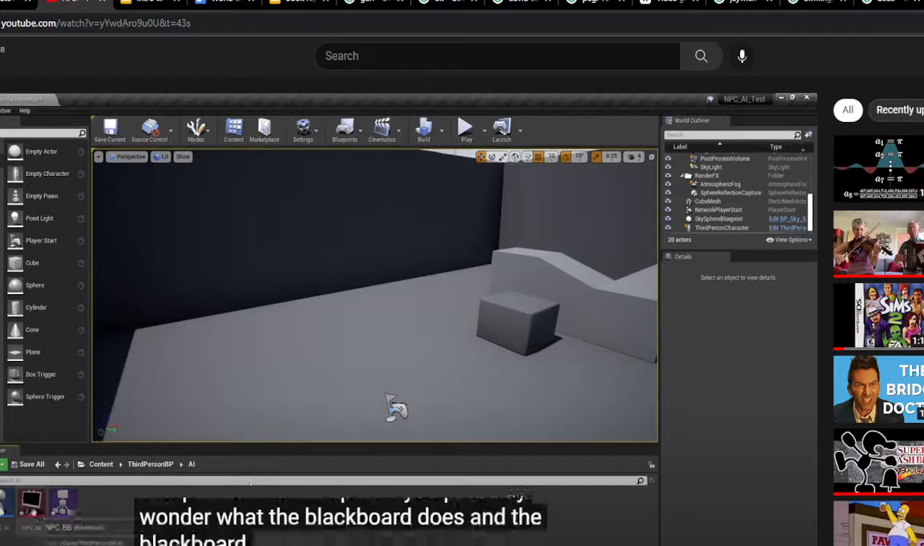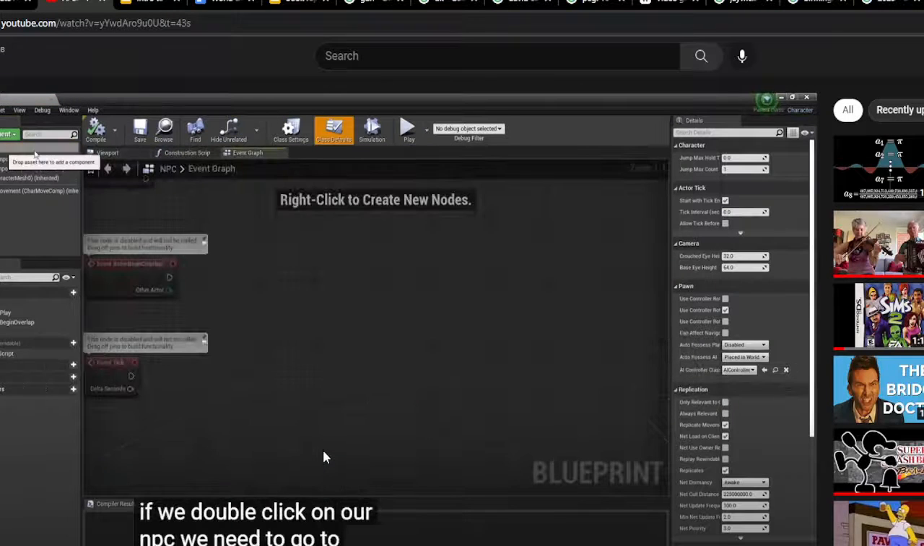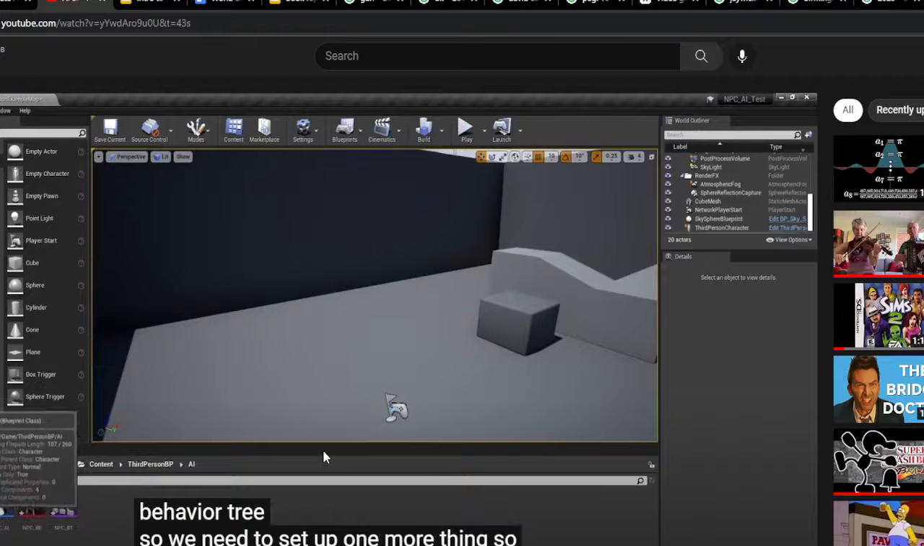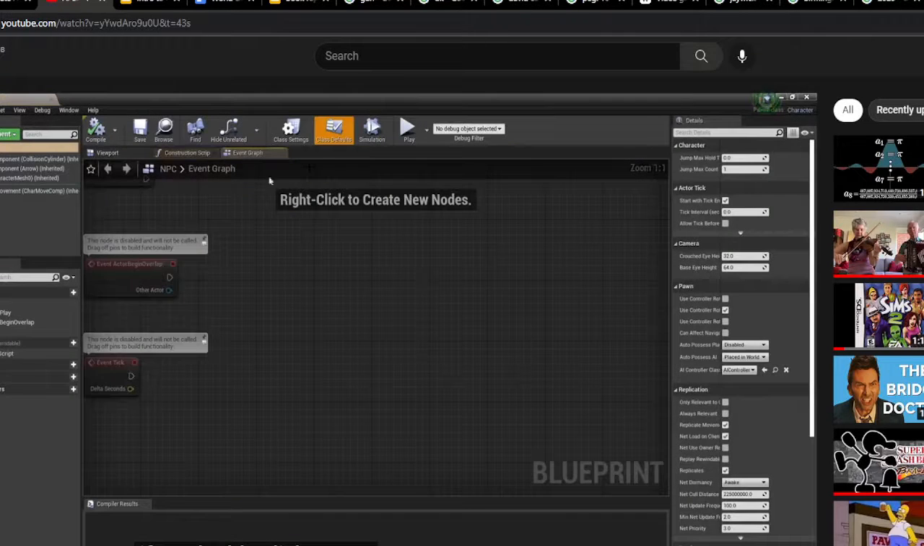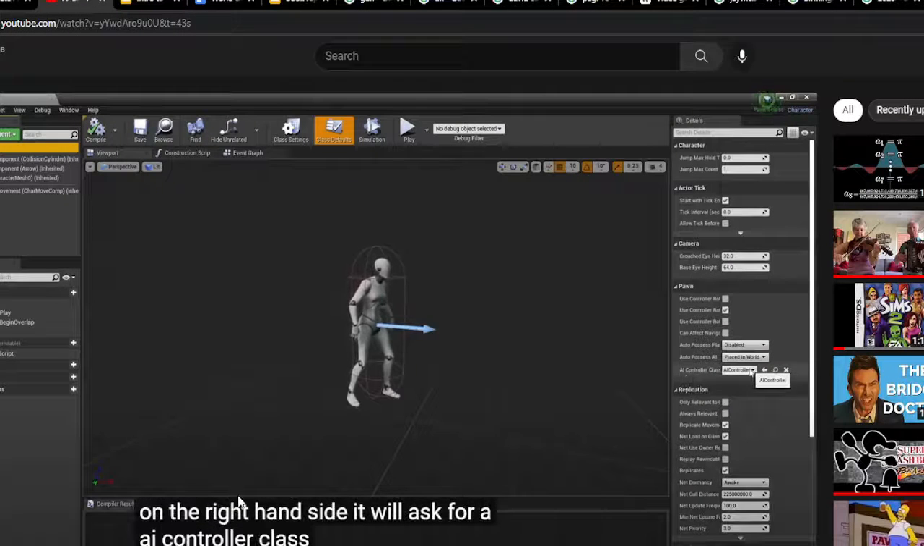Now, you probably know what the blackboard does, and the blackboard basically allows communication with the behavior tree. So we need to set up one more thing. If we double click on our NPC, we need to go to viewport, click NPC self. On the right hand side, it will ask for an AI controller class. We want to change